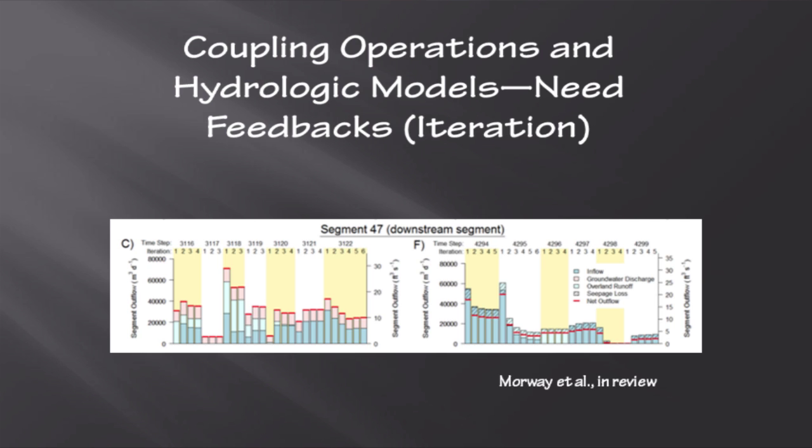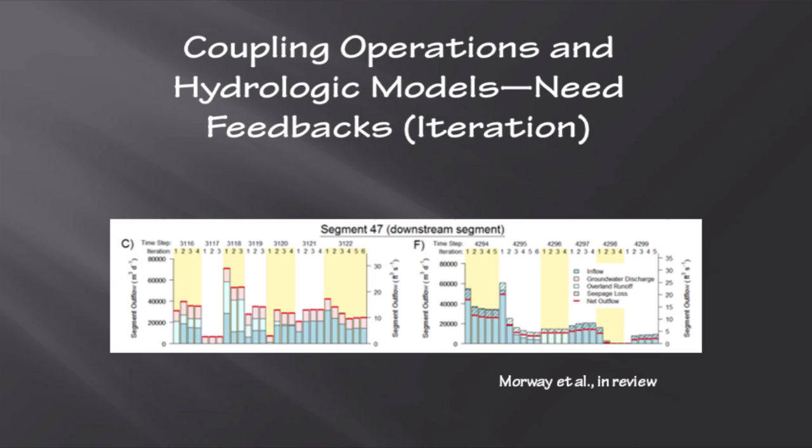One of the interesting aspects of this problem that we found along the way, and this is work that I'm doing with Eric Morway, is that we tried to couple the model by just, on a time step basis, running the operations model, taking that information, putting it in the hydrologic model, distributing the water, and then moving to the next time step. What we found is that when we did that, we couldn't conserve water in the modeling system. That's important because all the previous work on this topic has not coupled these models. So the question is, how have they been realistically conserving mass in their systems? Well, the truth is they haven't.